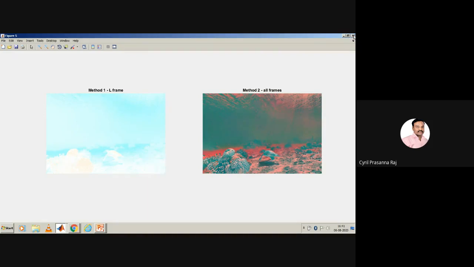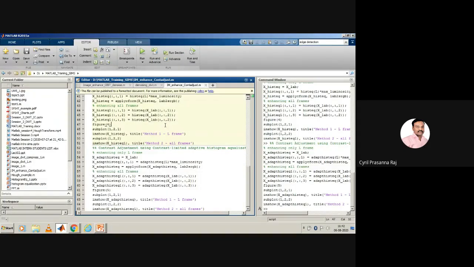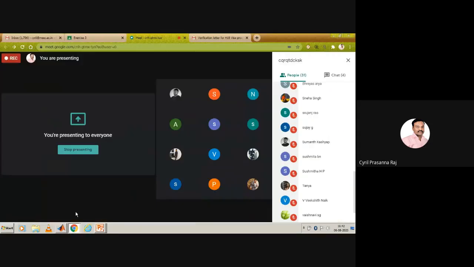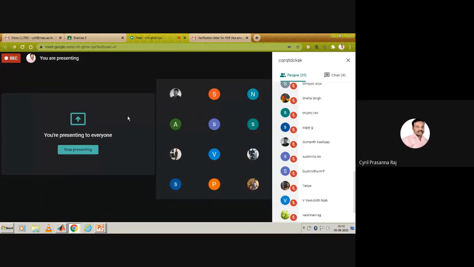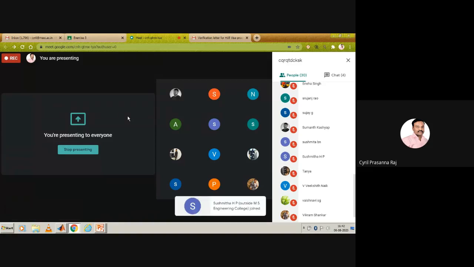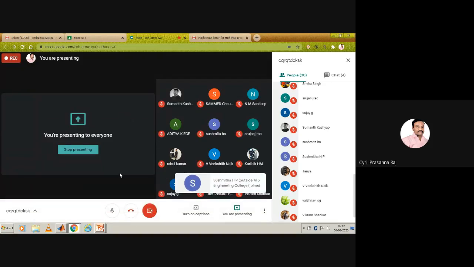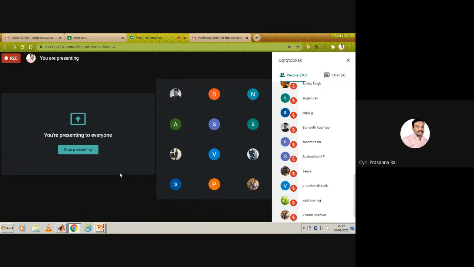This is a simple program which I want you to run and understand the concept of histogram equalization. Let me stop here for today, and I will send this program to all of you. Let us see whether we can complete this histogram equalization. And then I want all of you to understand how we can further improvise the code that we had earlier, with the understanding of edge detection and histogram equalization. We will discuss that process tomorrow.